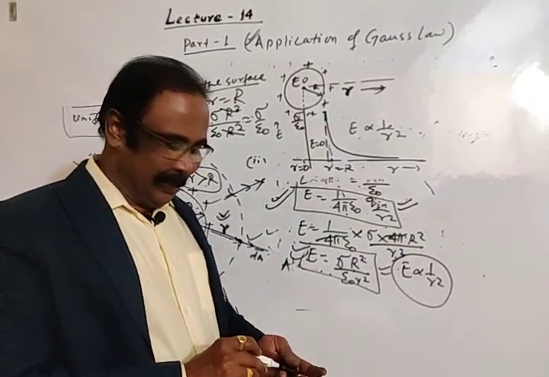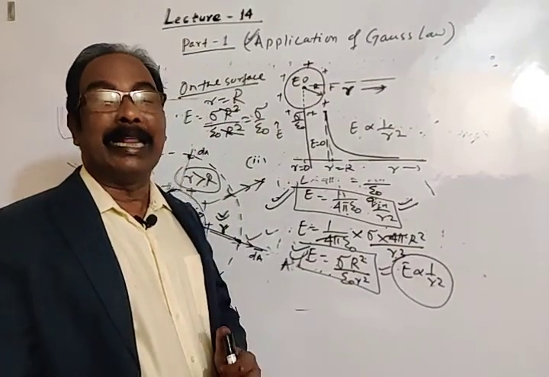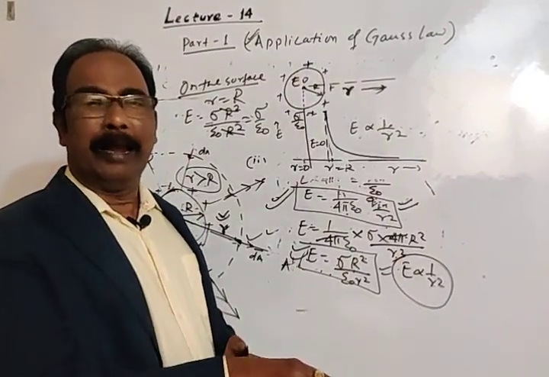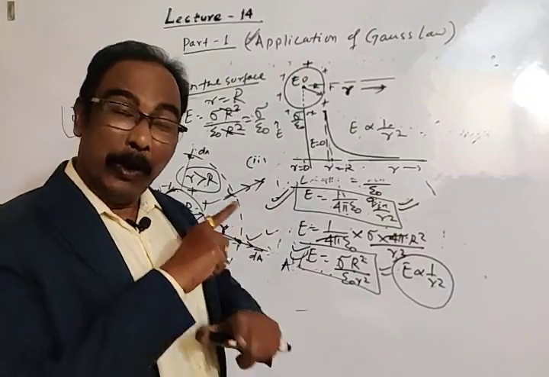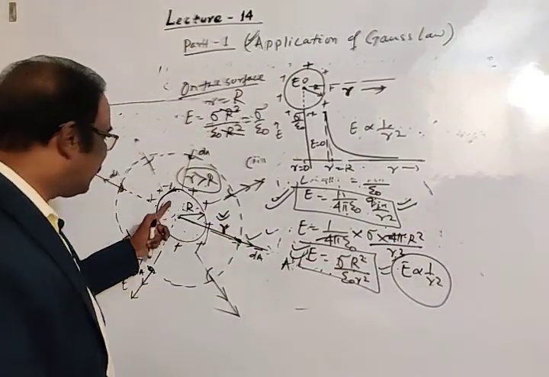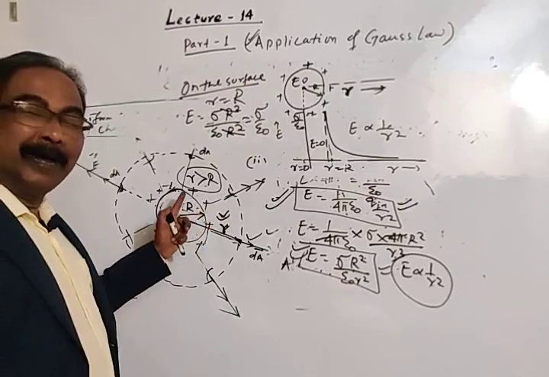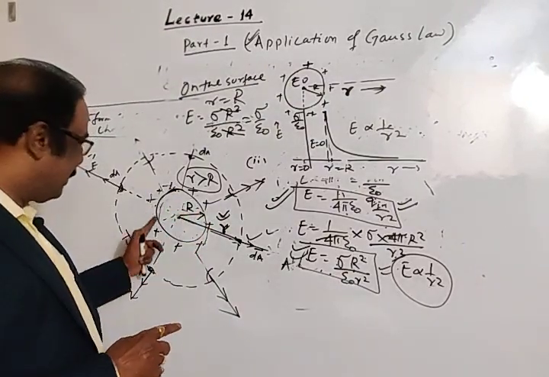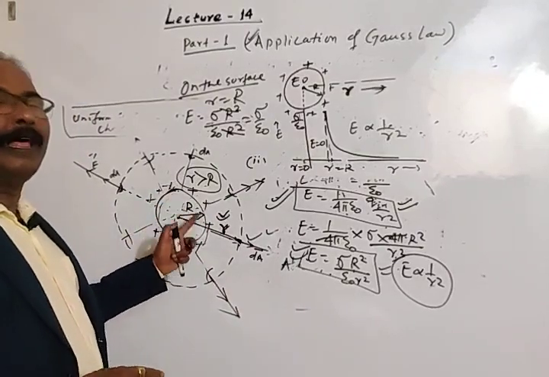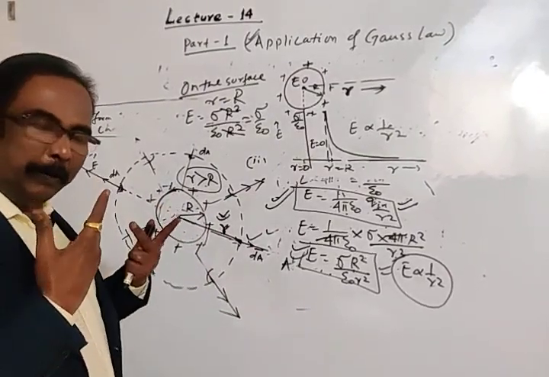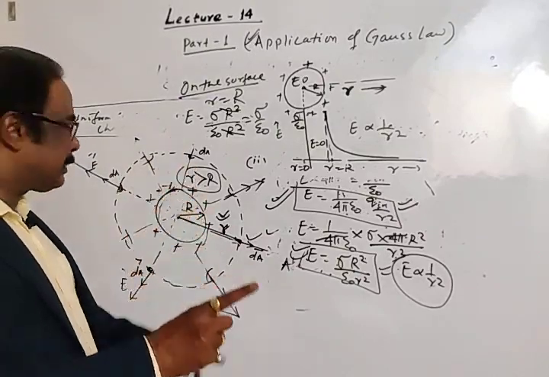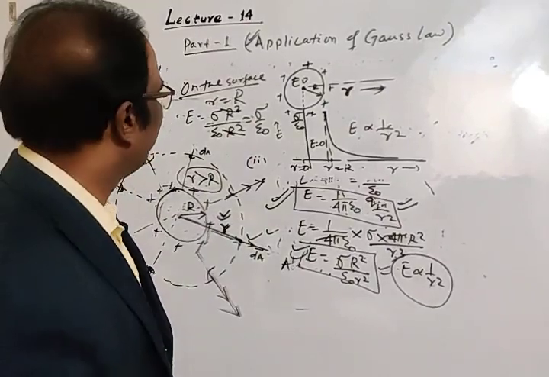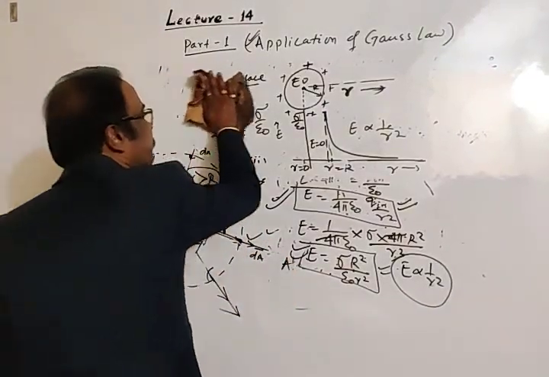So this is about a conducting sphere or thin spherical shell, may be conducting, may be insulating. So in all cases, there will be no charge inside the body. For a solid conductor, no charge will be inside the body. For a thin spherical shell, inside there are no particles, so there will be no charge. So in all cases, charge will be distributed on the surface of the sphere. Okay. Then next case.